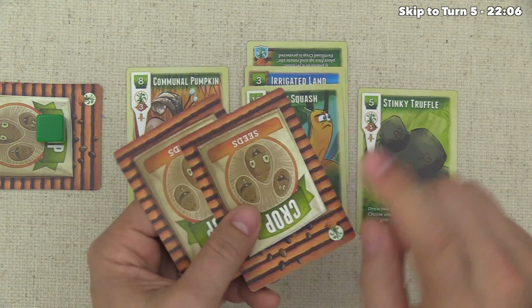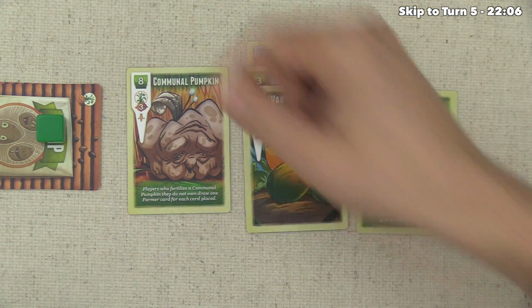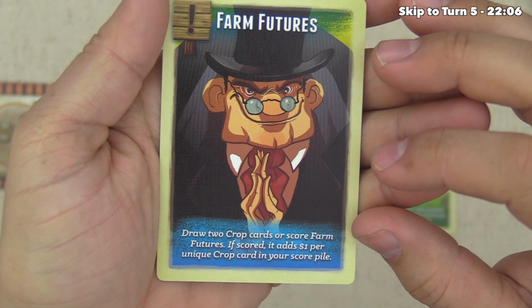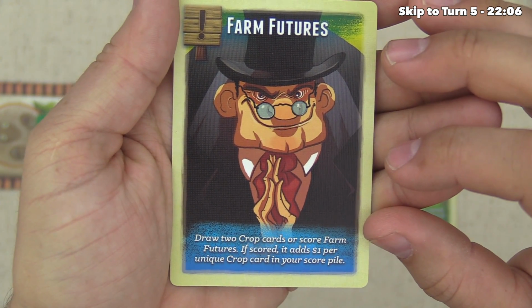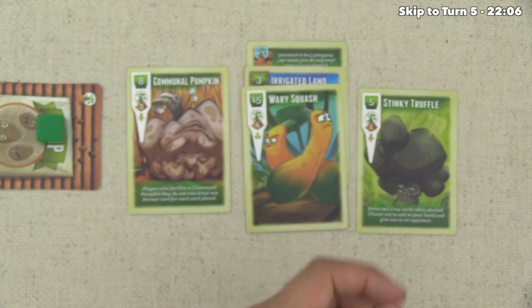of the deck. They're going to get to keep one of these and then give another one to an opponent. They decide to keep this one, and they're going to give us a Grumpy Melon. Next up, they decide to play this farmer card. It says Farm Futures, and down the bottom it says they can draw 2 crop cards or score Farm Futures. If it scored, they would add $1 per unique crop in their score pile, but at the moment they have